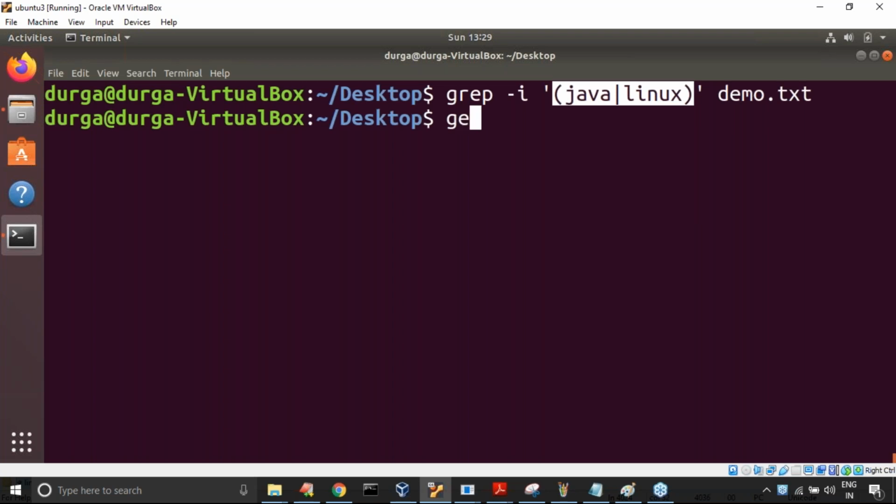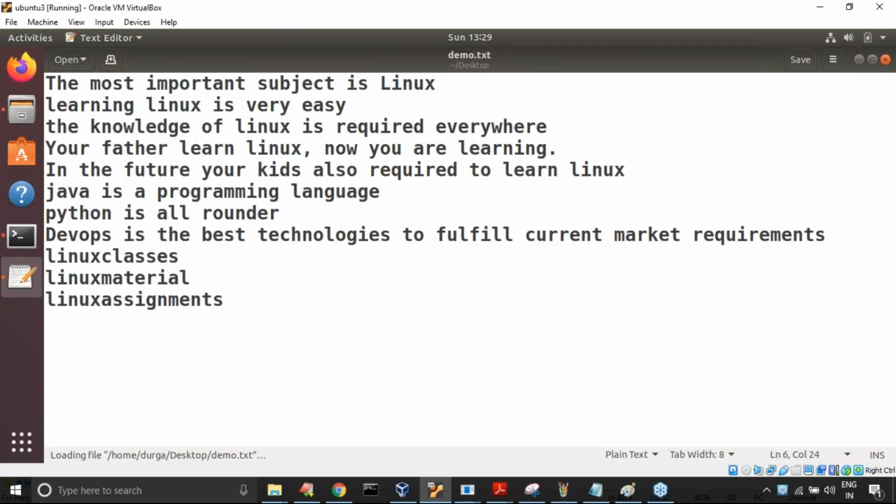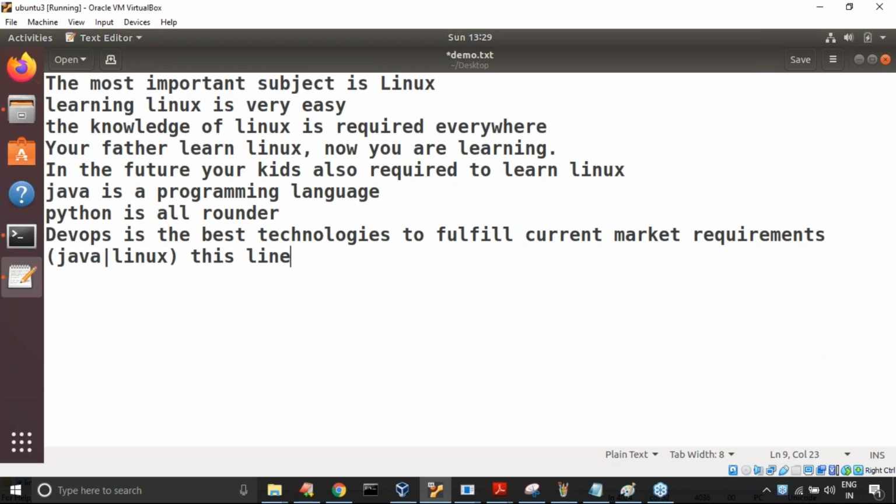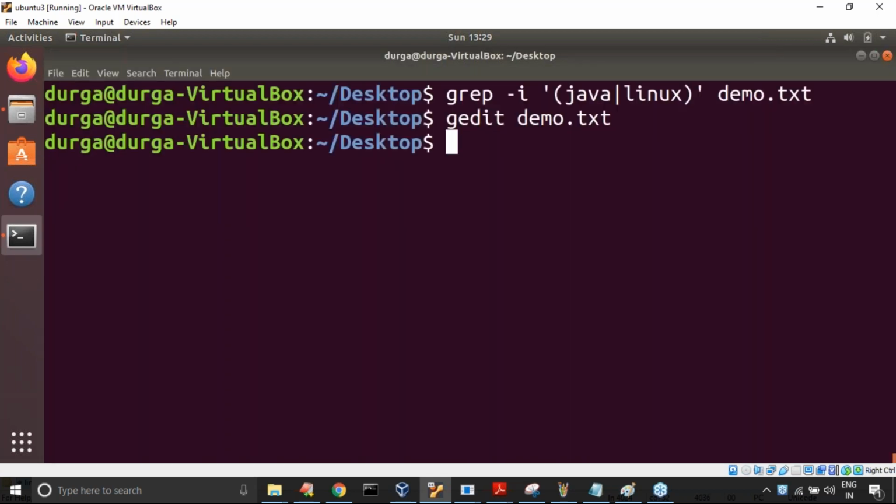Okay, one minute, let me edit demo.txt. Now observe here: this line is understandable by egrep but not by grep. Now, can you please tell me, am I going to get a matched line or not?